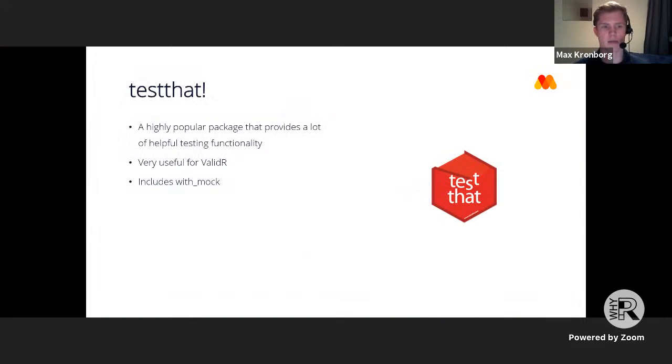Originally this was part of the testthat package, which is a very popular package that provides a lot of helpful functionality for testing, which we'll see a few different bits of. In my case for ValidR, it's been very useful. It's how we do a lot of the testing. And it included, I think still does, this with_mock function.